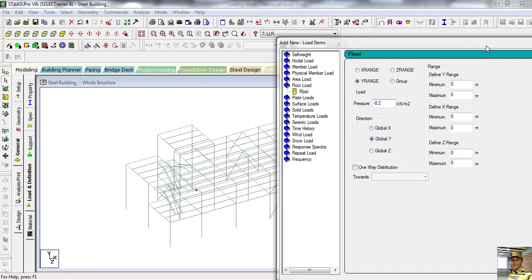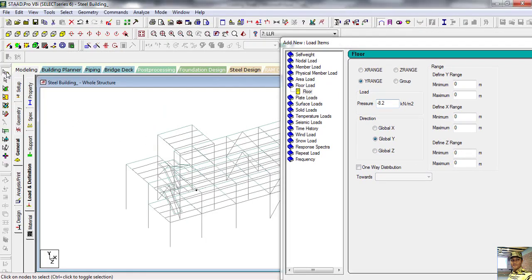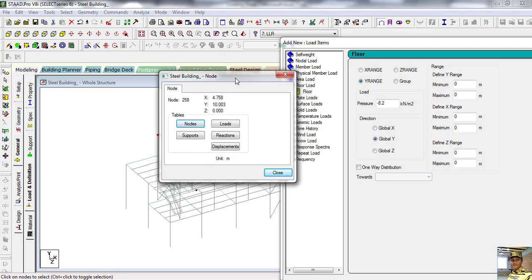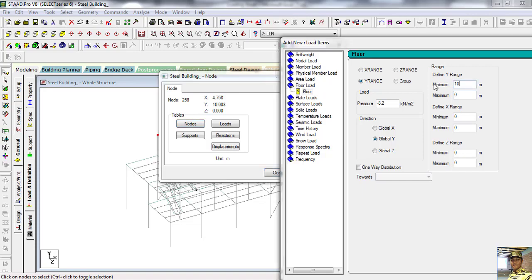Same way we take the node cursor and select this node. Here see that is also y direction, height 10.003, maximum also 10.003. Now minimum x direction range 4.758, so put this 4.758.